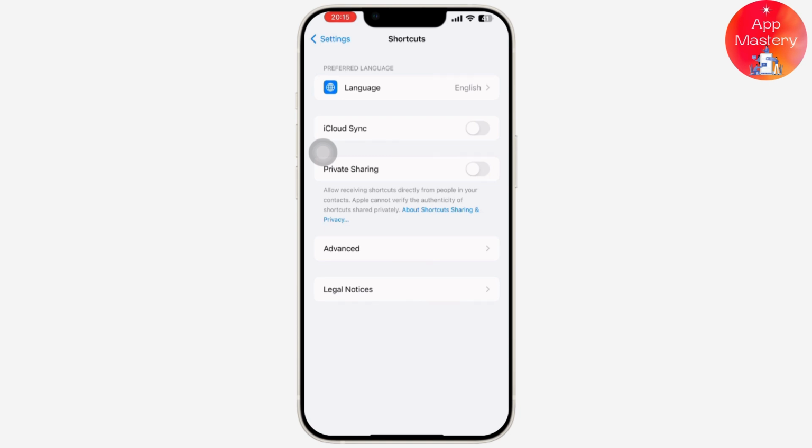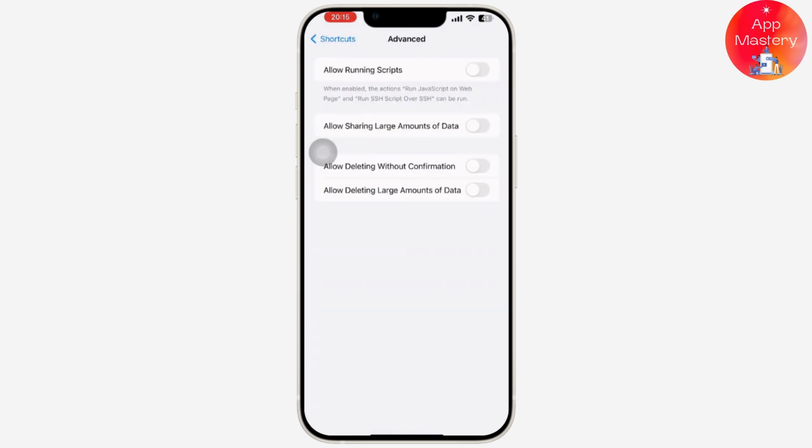Inside the Shortcuts app, you will get to see the iCloud sync option available there. You will have to toggle on iCloud sync, and after you toggle it on, you will have to tap on advanced and toggle on the first option available there. After you toggle on allow running scripts and iCloud sync, go back again,